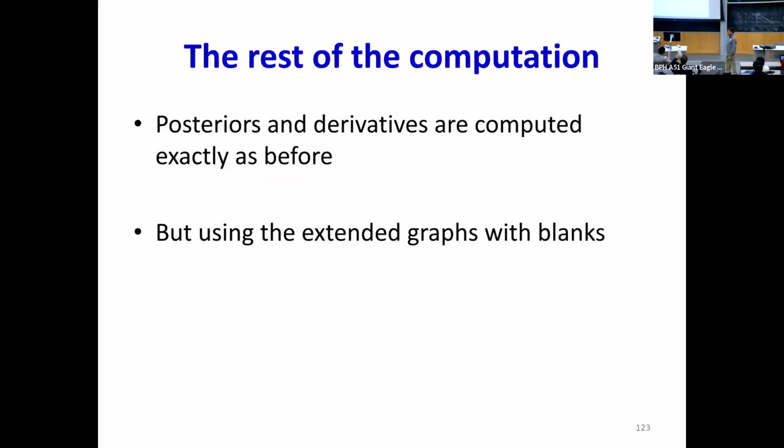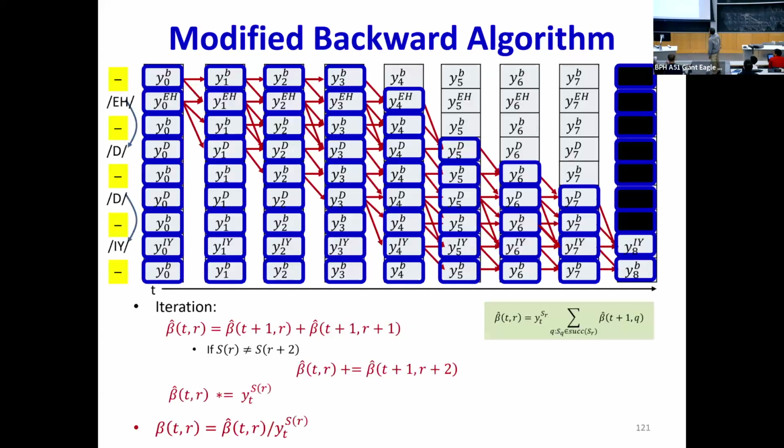Yeah. Question. On the previous page, you first multiplied the beta hat by y_t,s(r), and then you divided it by the y_t,s(r). So can you just omit that? So here is the thing, right? You can absolutely do this. All that happens is, if I wanted to write it without that, and directly work this in terms of beta(t,r), then you're going to end up with beta(t,r) equals sum over l belonging to children,